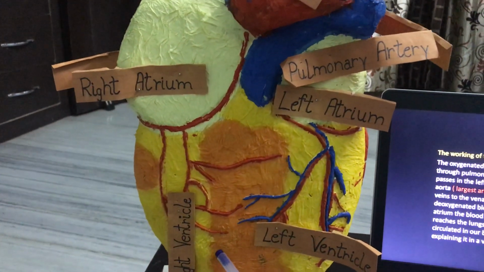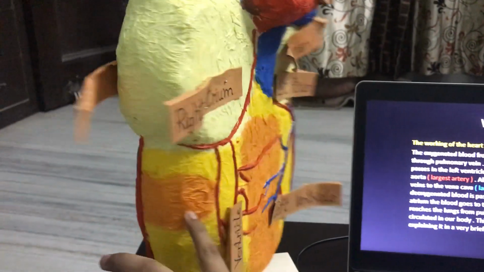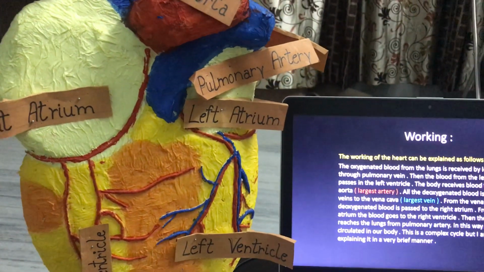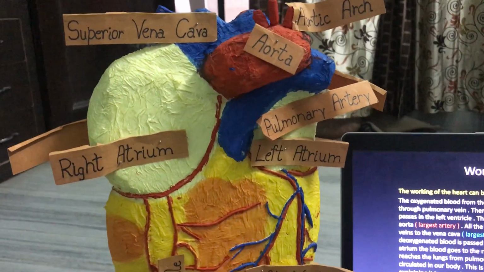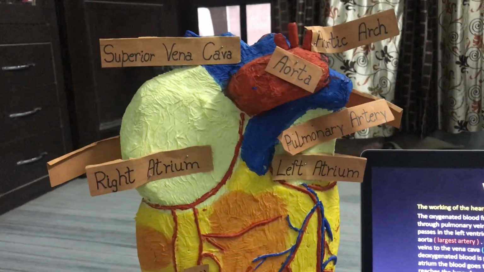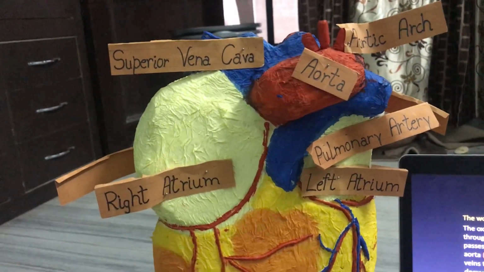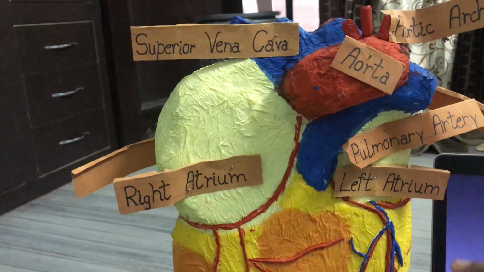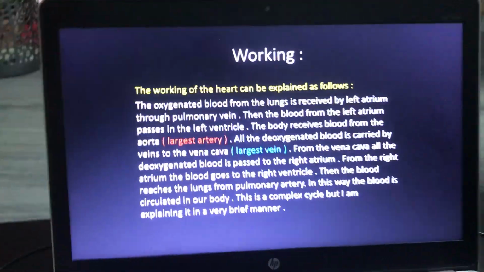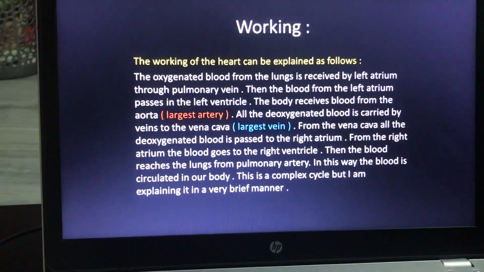Then from the right ventricle, the blood reaches the lungs through the pulmonary artery, as I told you, which is a vein. Here it is. So it goes to the lungs. Then in the lungs, the deoxygenated blood expels all the carbon dioxide and other gases and gets rich in oxygen. And again that oxygenated blood is carried through the heart to other body parts. So this cycle keeps on going. So here is the theoretical form of this. You can learn it for your answers.